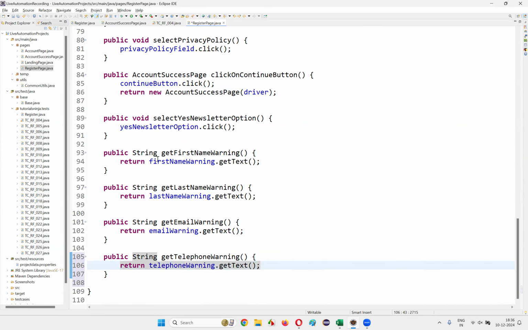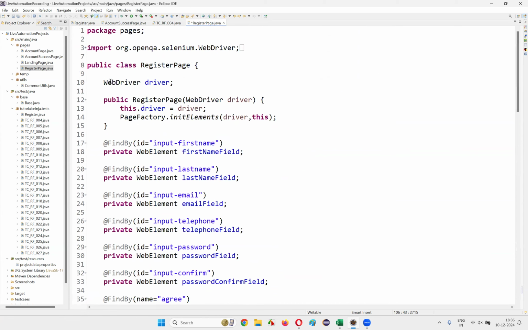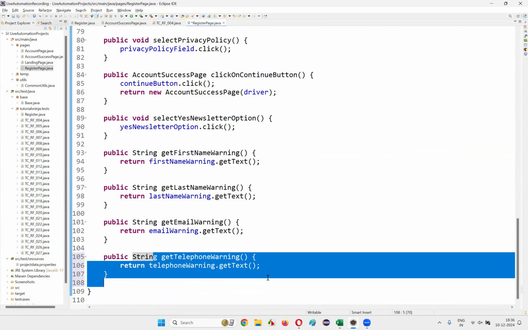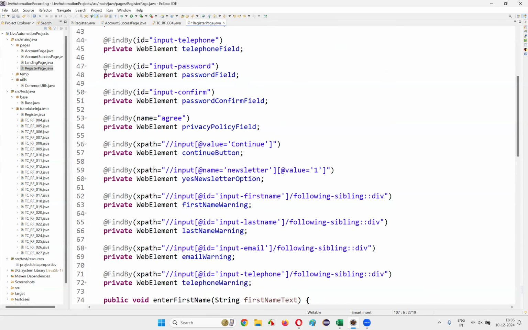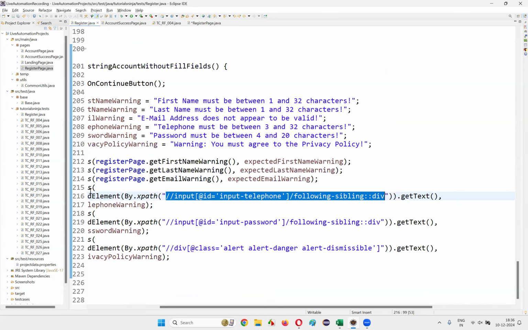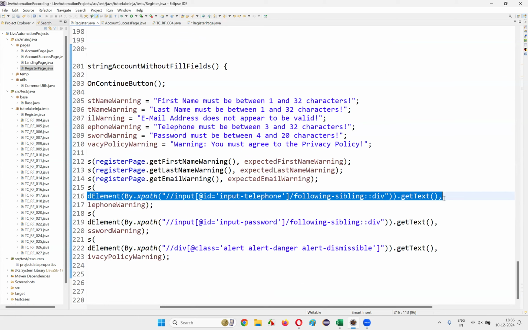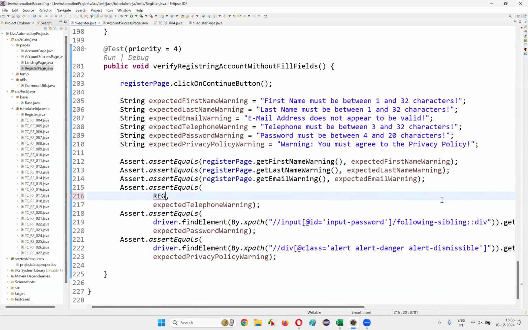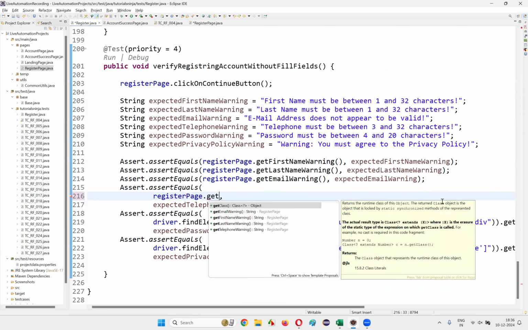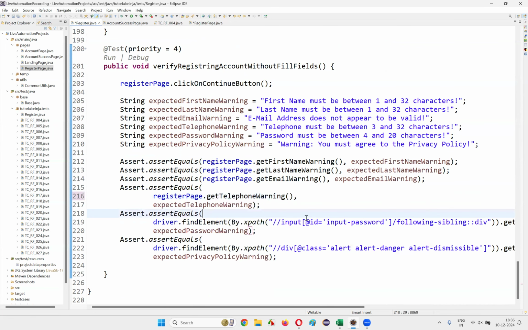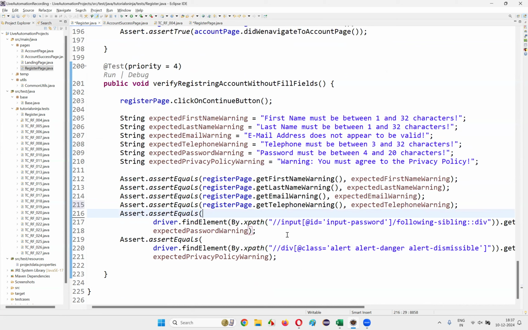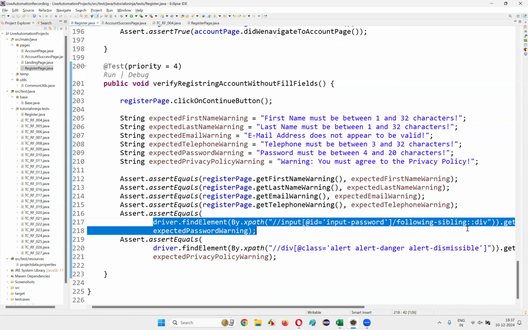Put a semicolon here. That's it. Get text, and then come back here and write register page dot get telephone warning. Control Shift F. Okay, then here write